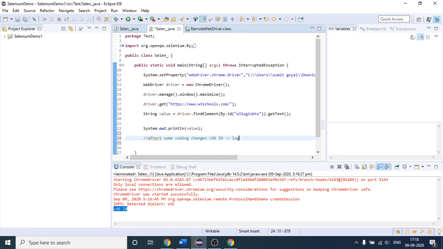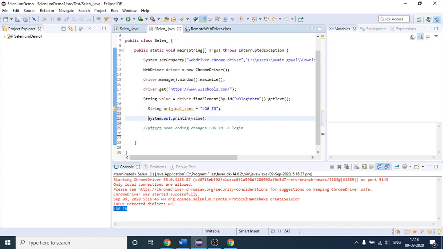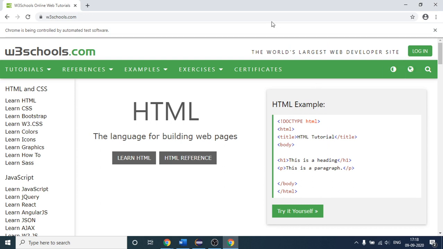Let me take one string variable, string originalValue, the original text, which is "login". As it is a string variable, I will put it inside double quotes. This is our original text, whatever the developer has written on the button, but after some coding changes, this login will become something different.